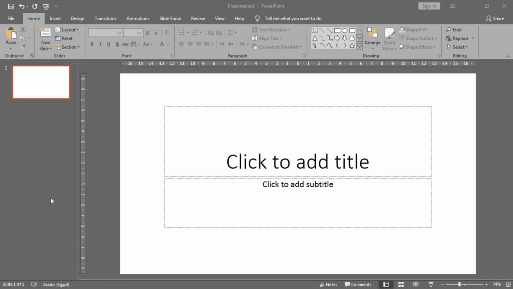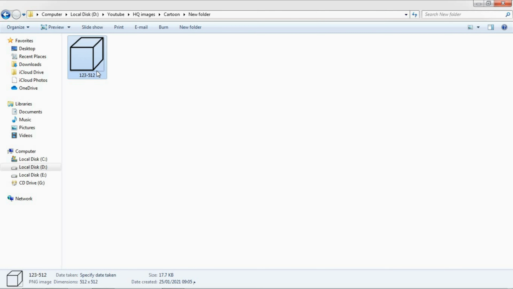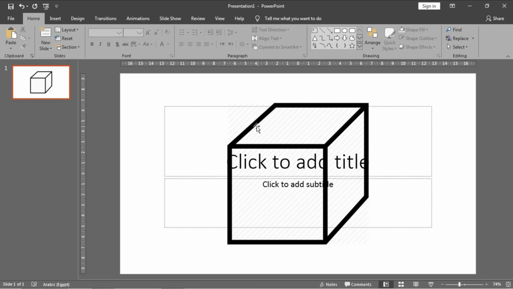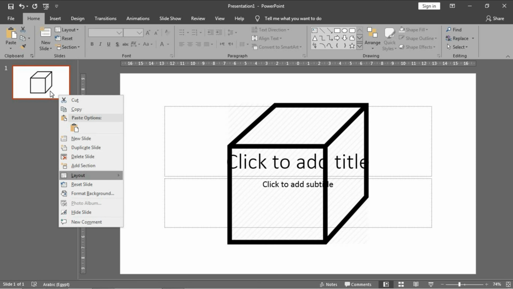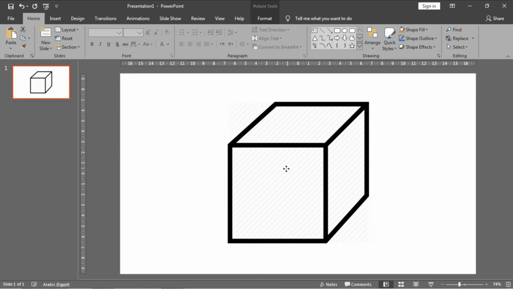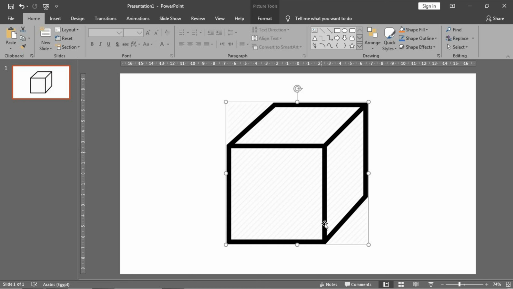Okay, first of all, I have downloaded a picture of a 3D cube to draw a picture like it. So Control plus C to copy, Control plus V to paste it. But first I will change the layout of the slide to blank by right clicking layout and choosing blank. Now I will draw a picture to mimic this one